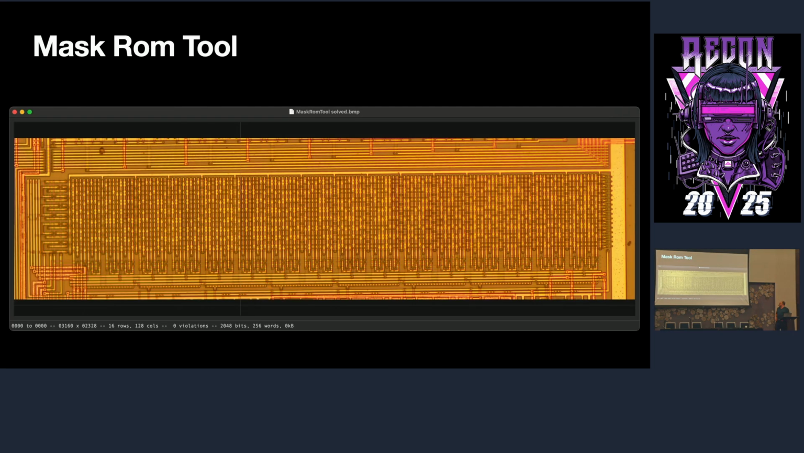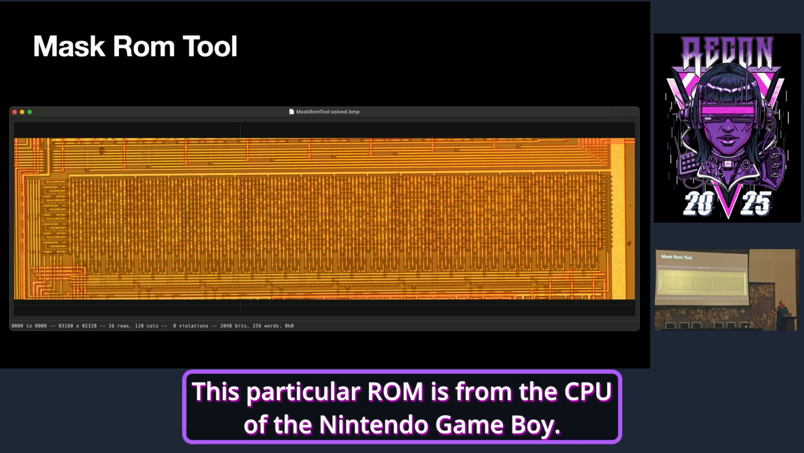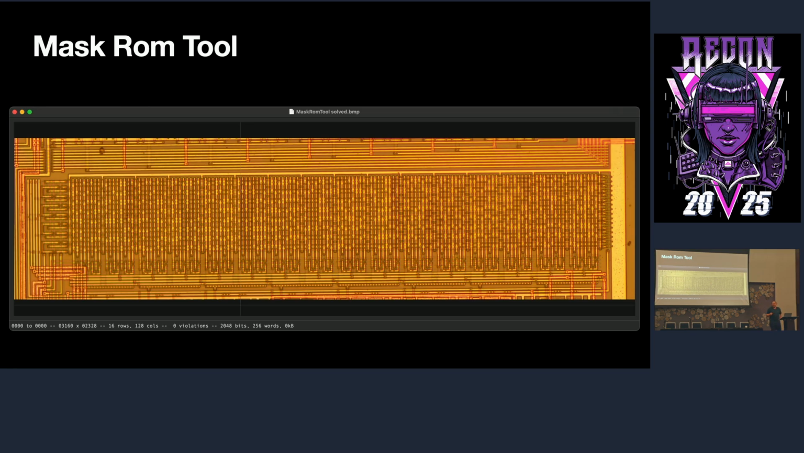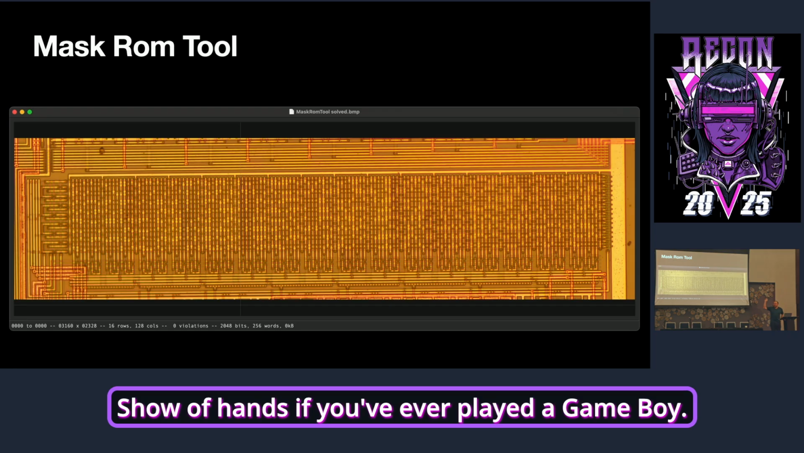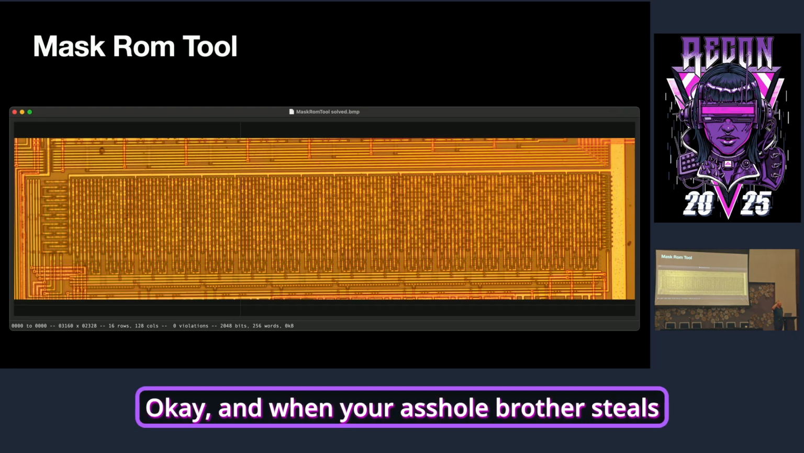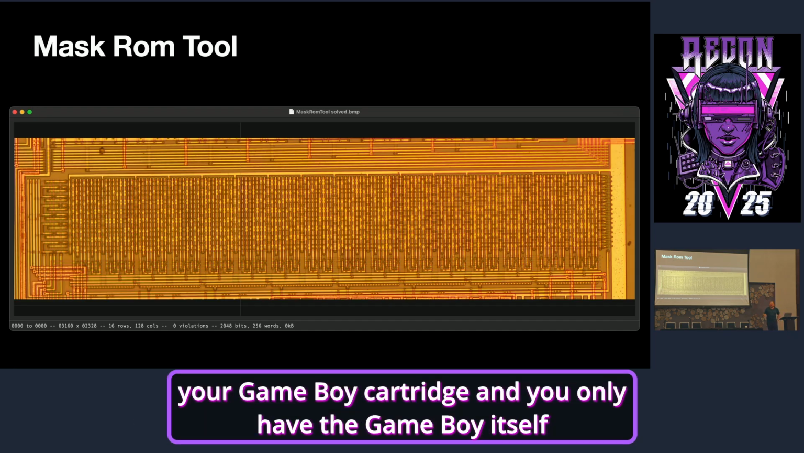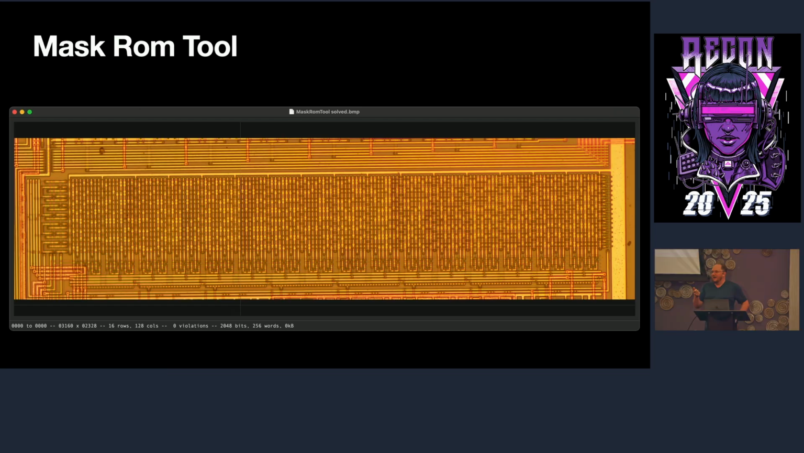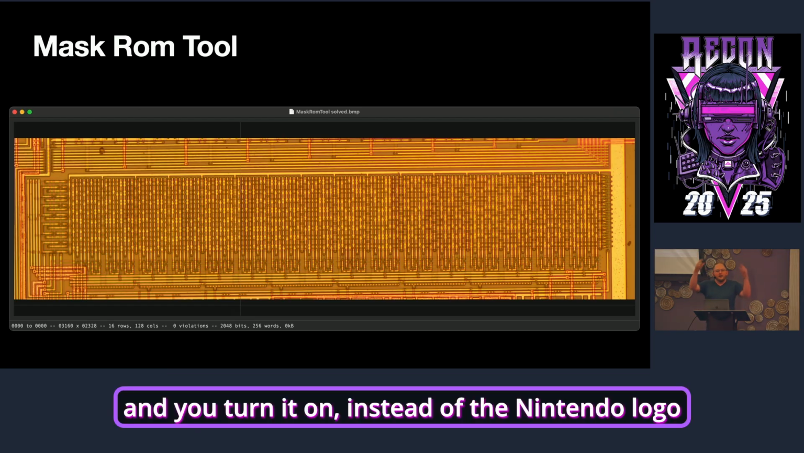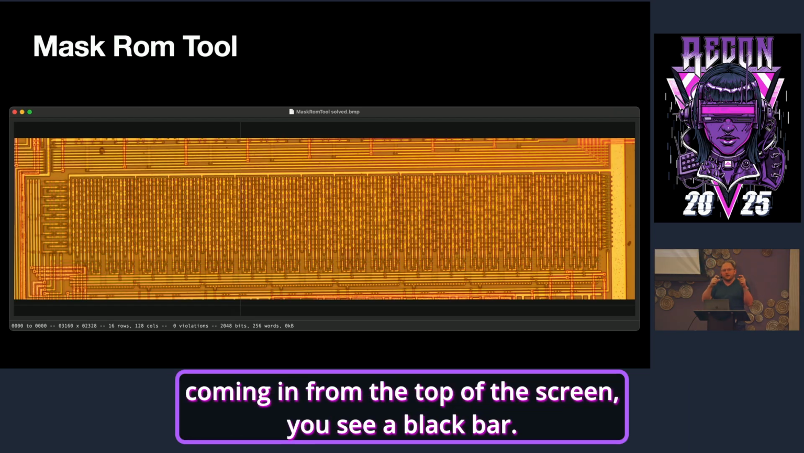All right, this is what you might have as a mask ROM. This particular ROM is from the CPU of the Nintendo Game Boy. Show of hands if you've ever played a Game Boy. Okay, and when your asshole brother steals your Game Boy cartridge and you only have the Game Boy itself, and you turn it on, instead of the Nintendo logo coming in from the top of the screen, you see a